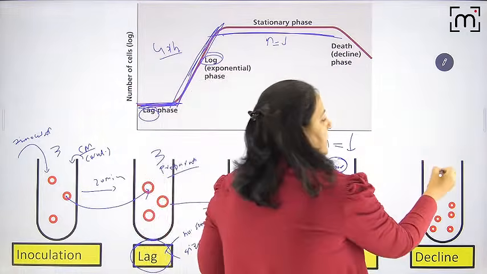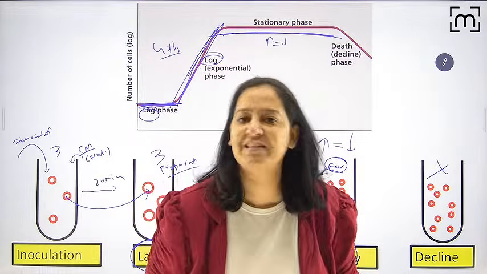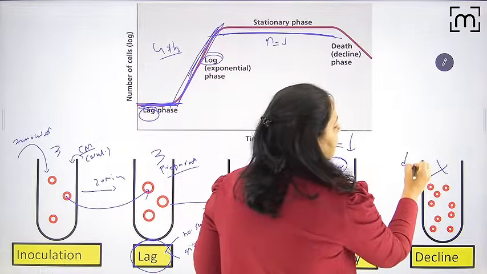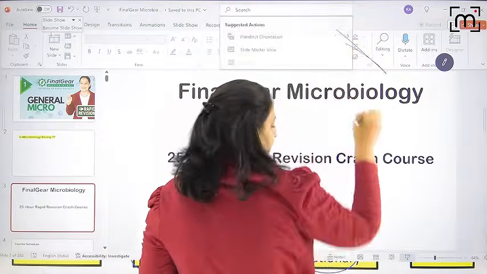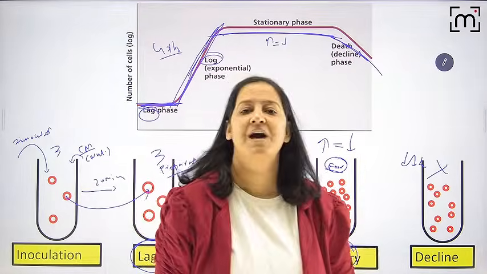Here it is exhausted. The food, no chapati, zero thali, pura khali, empty thali. Nothing is there in the thali. They all will die. So the number will decline. You can appreciate the decline in the number. This is known as declining phase. How many of you got it?